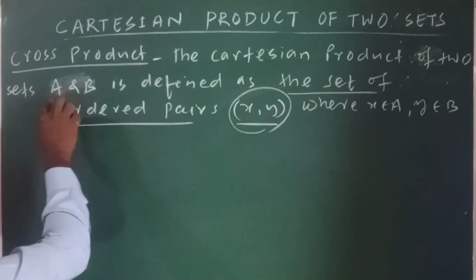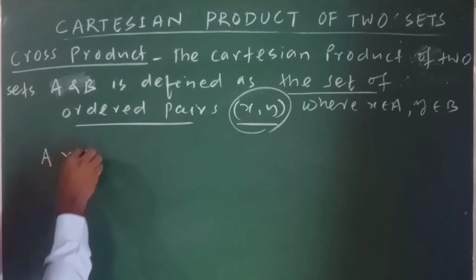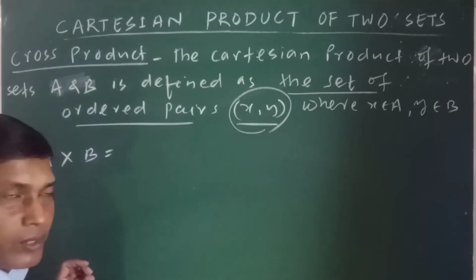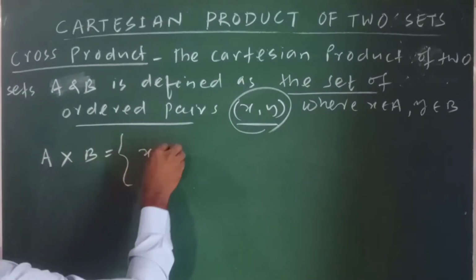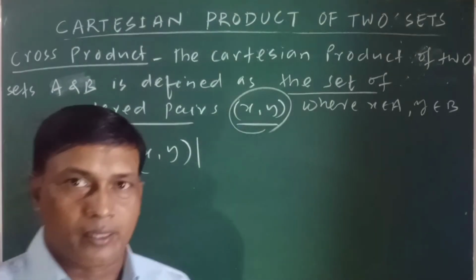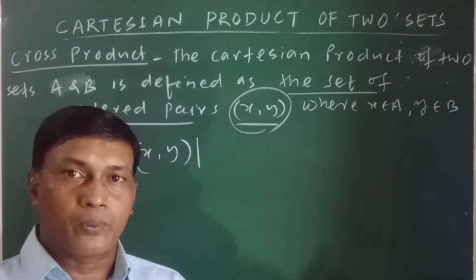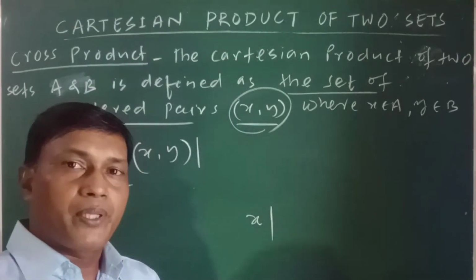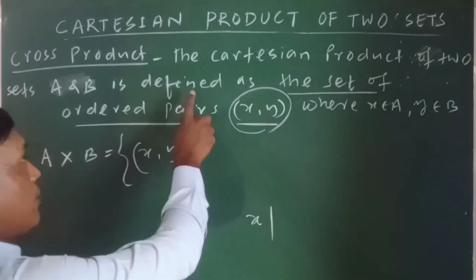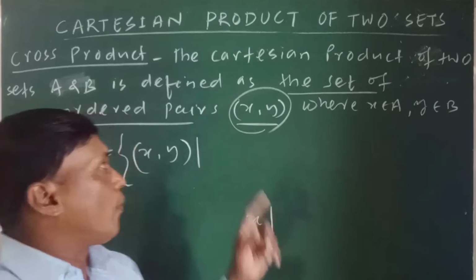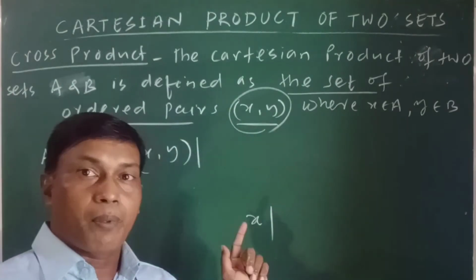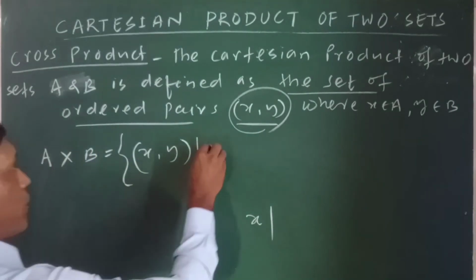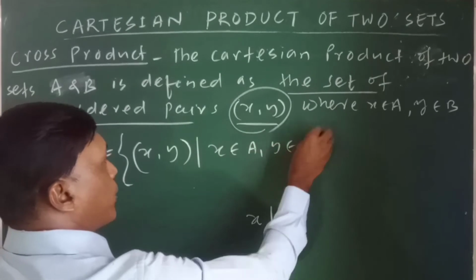So we can write, if A and B are two sets, then the Cartesian product of two sets is A × B, which is equal to, in set-builder form, {(x, y) such that ...}. Up to class 8 we write every set as {x such that} or {y such that}, because every set consists of single elements, but this is the set which consists of ordered pairs. That means every element of a product set is an ordered pair. So the set is {(x, y) such that x belongs to A and y belongs to B}.